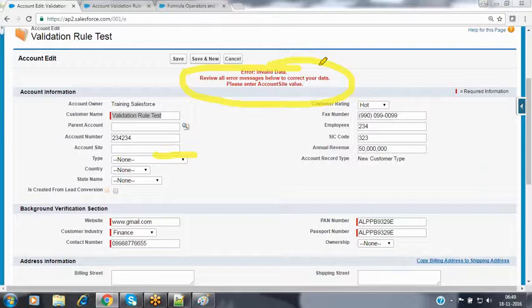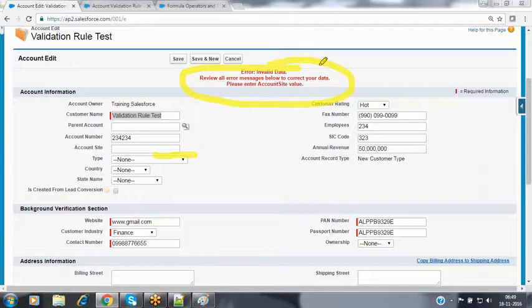From those big user interfaces, how can we find out where exactly this account site field is? That will be very, very difficult for me. So for that, when coming to the customer, I don't want to give any confusion to the customer. I want to indicate the location: this is the field, this is the location where you made the mistake. You haven't entered the value, so please enter the value for this field.